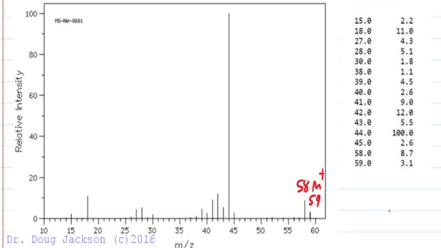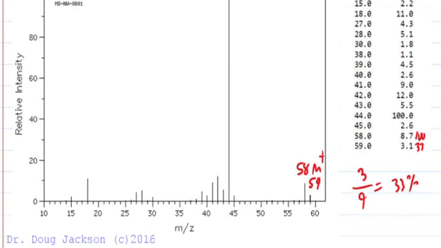If 59 was an M+1 peak and not the molecular ion, it's about 33% of the signal. So 59 is 33% of 58. Okay, so if we're considering that 58's 100% and 59 is 33% of 100%,